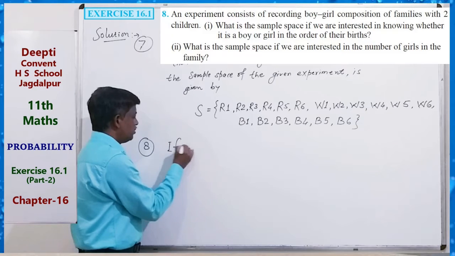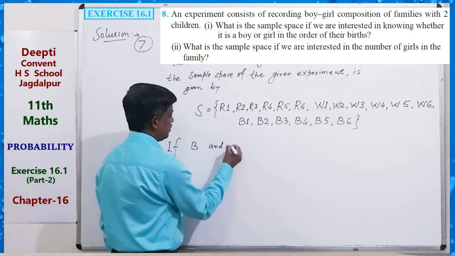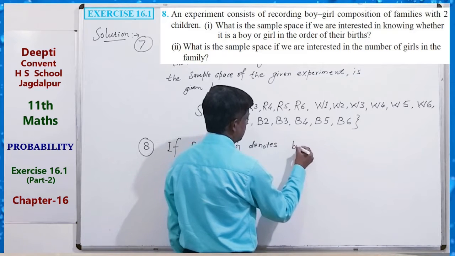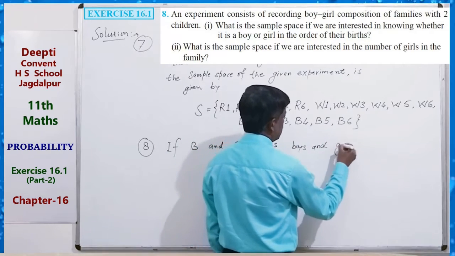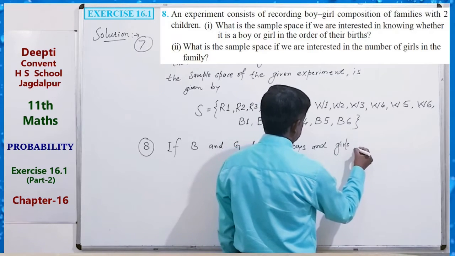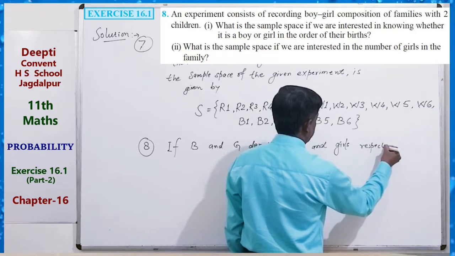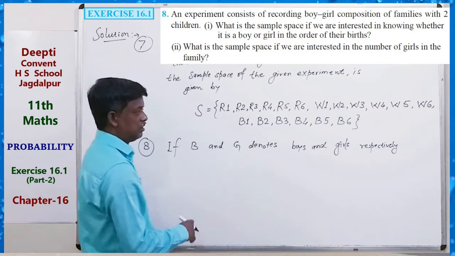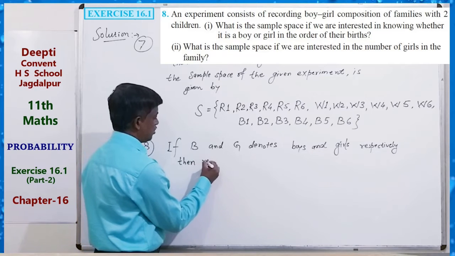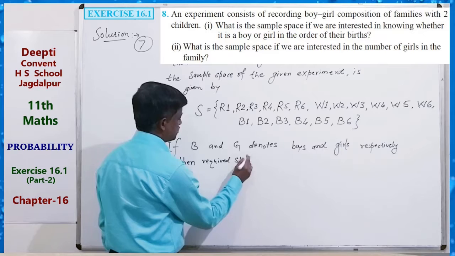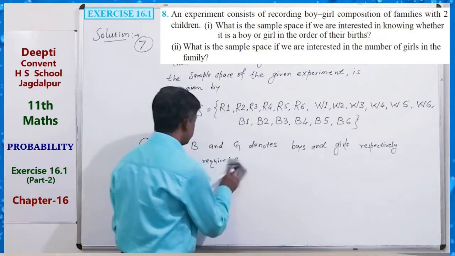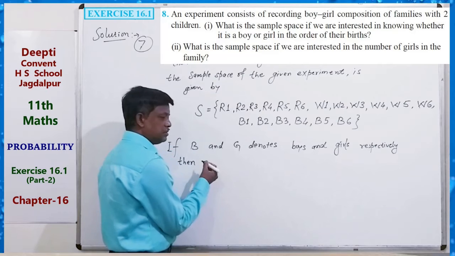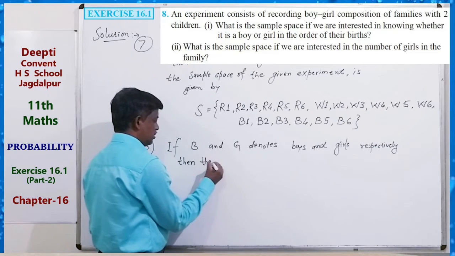If B and G denote boys and girls respectively, B boys, G girls, then the sample space